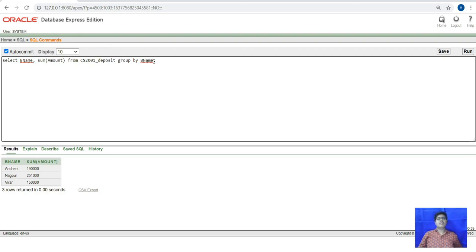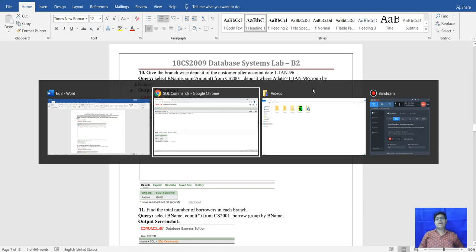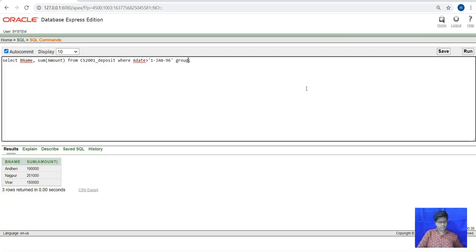The same question is there, we will change it here. Deposit where the date is greater than 1 January 96, and we group by bname, and it will show the sum after 1 January 1996.